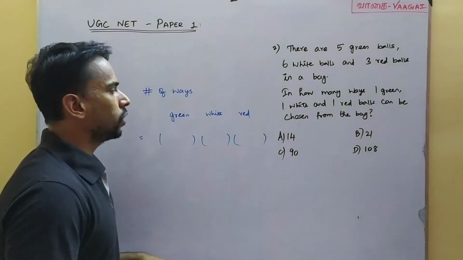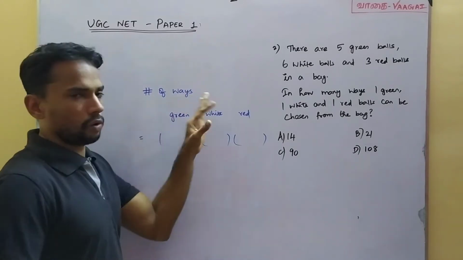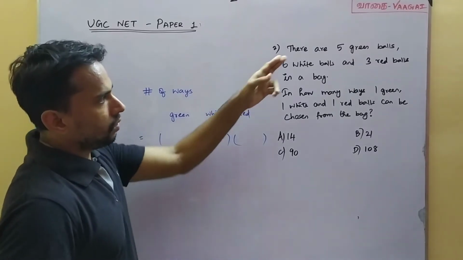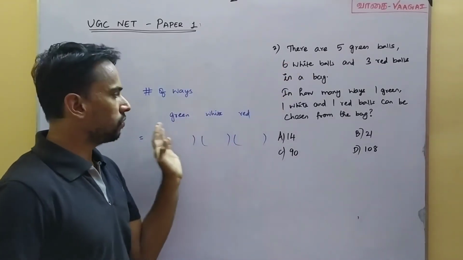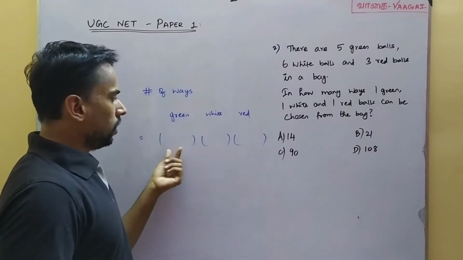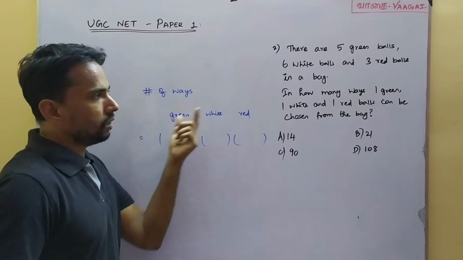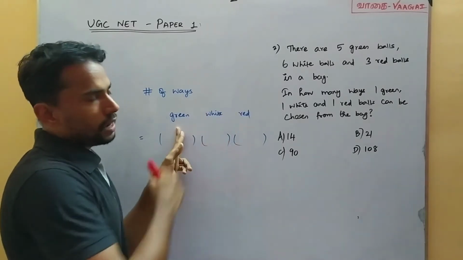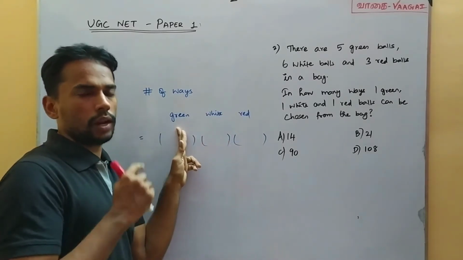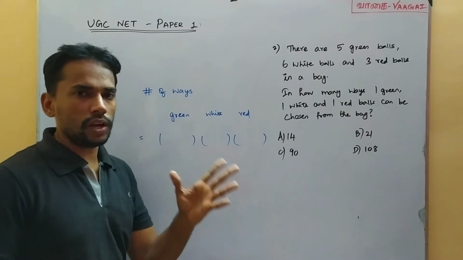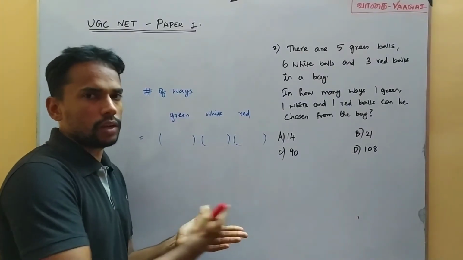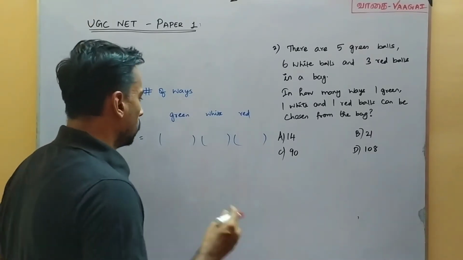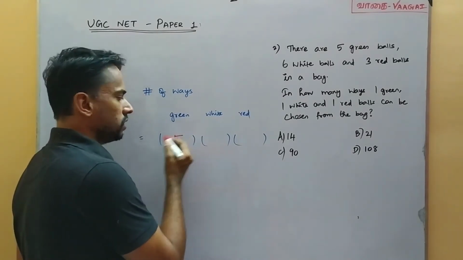So the way of answering is going to be much easier. Number of ways: we have 3 colors, right? Green, white and red, and there are 5, 6 and 3 balls respectively. Now we will see the number of ways. Coming to the green color first, from green we are going to pick one ball. There are 5 green balls, so if I want to pick one green ball, I have a total of 5 ways, because we need to pick only one, and I can choose any one of those 5 balls. That means to pick one green ball, we have 5 ways.